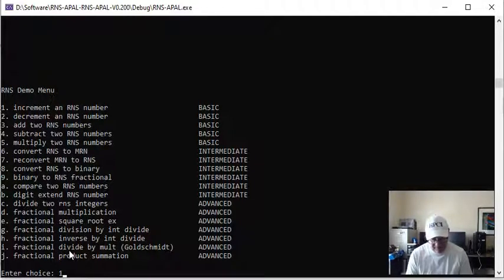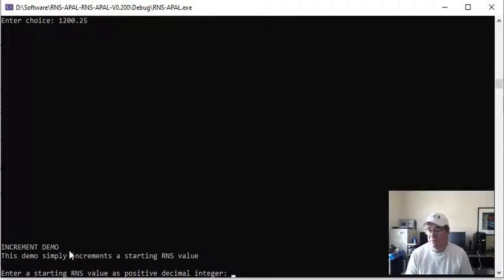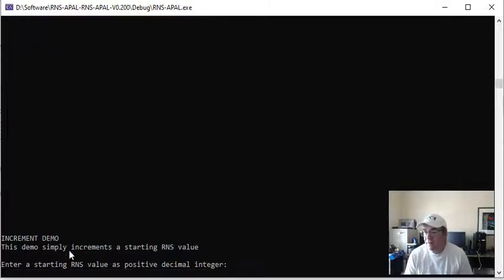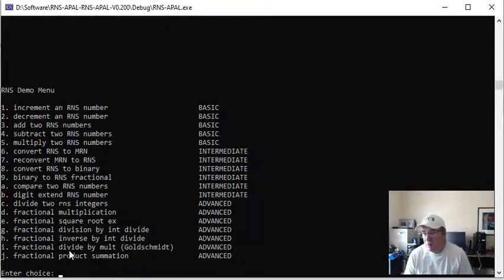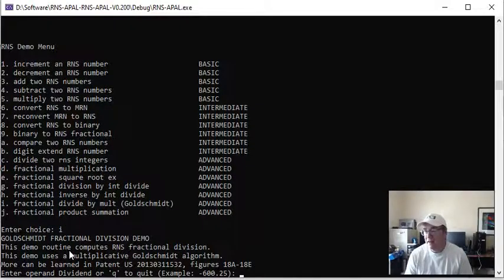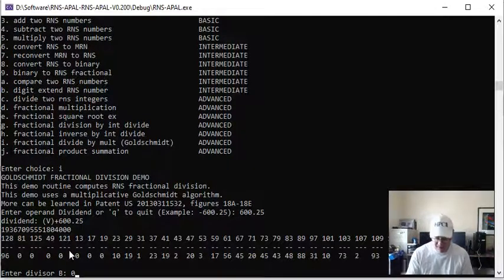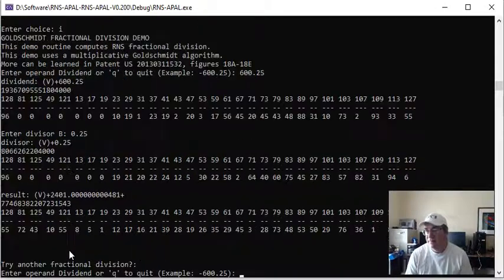So if we type in 1200.25, for example, and we want to, let's see, got a little bit off here. Let's see if I can reset this. We're going to fractional divide by mult. Okay, here we go. So if we went ahead and said 600.25 and we wanted to divide this by 0.25,